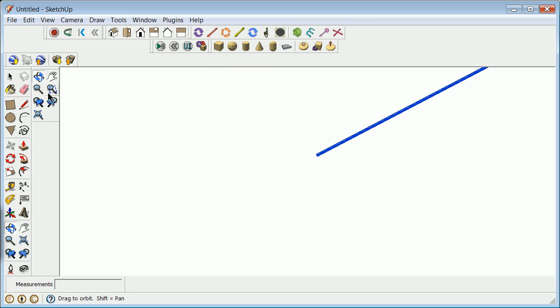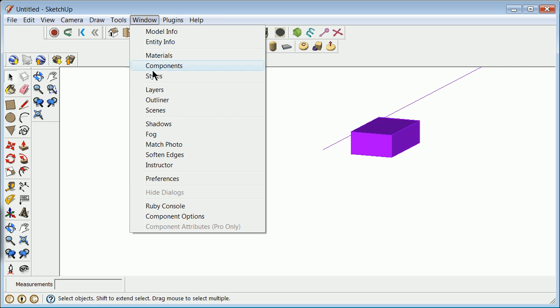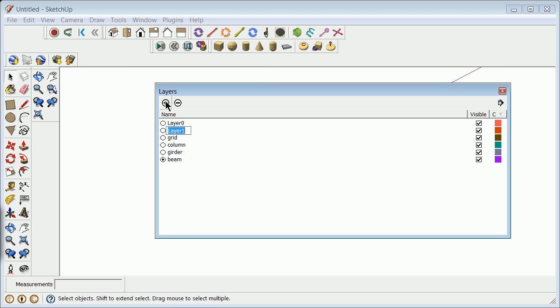So we can go here. You've got that baseline here. We can go ahead and explode that. And in fact, this is where very often you might want to have a box around that you can always kind of sketch on top of. But I'm going to go ahead and push that up. And I would really like to be now on a new layer, window, layers, and I'm going to just make this for now